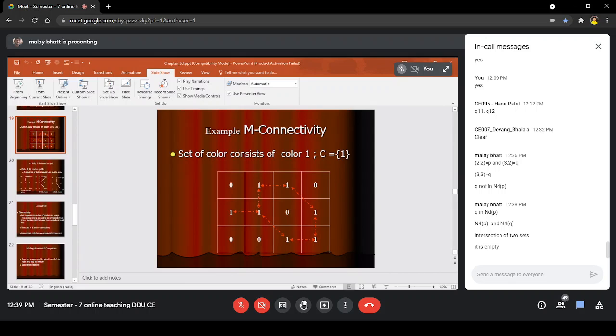Is it clear? The 4 neighborhood of P includes only the top and the left, and the 4 neighborhood of Q includes only the right point. The intersection of these two is empty. So there is M connectivity between the two. Is this definition of M connectivity clear?